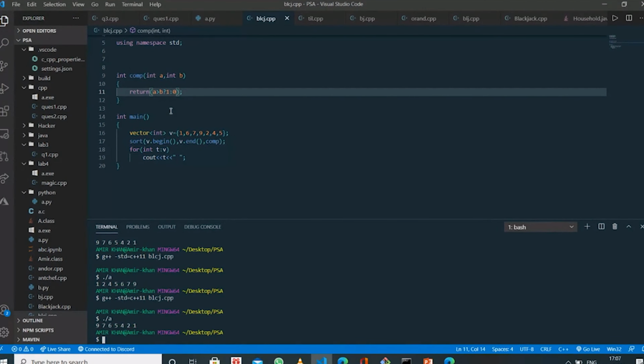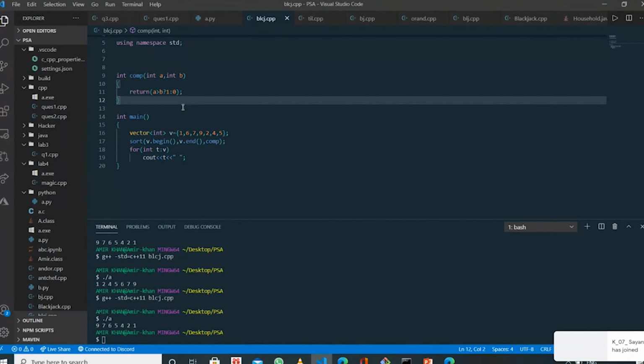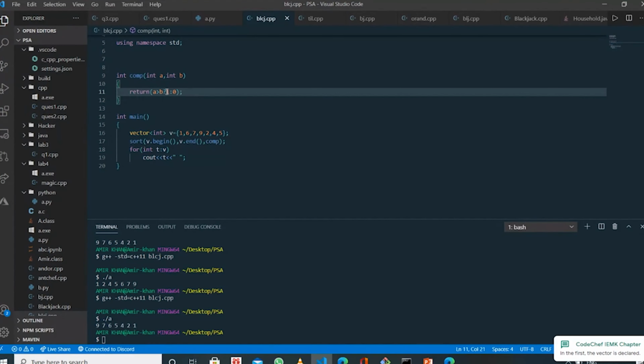So what is my comparator function doing? My comparator function is just giving a basis to the sort function, that is how you have to sort the data. Just assume that these are the first two elements of your container. Then, if A is greater than B, the function will return one.